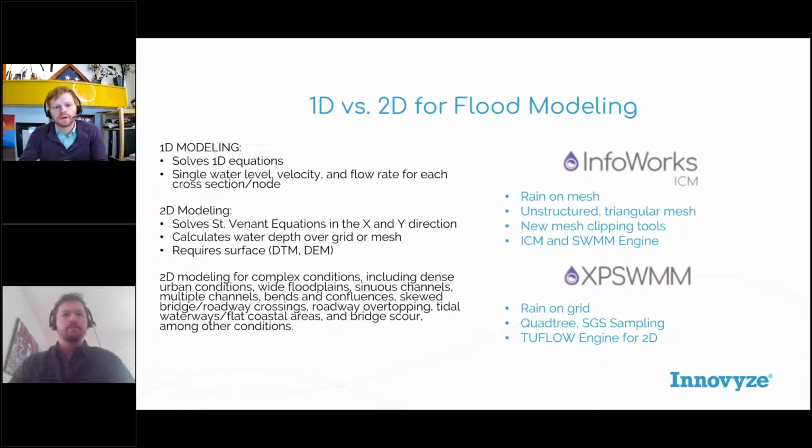Both have the capability of doing a 1D sewer or stormwater network or 1D riverine analysis. Currently, we only have 2D capability with the SWMM engine, and it looks like we're getting some with the ICM engine incorporations. And we're working on incorporating the 2D engine into the SWMM networks for ICM 2, which should be out, I think, either the second or third quarter of this year, with one of the new